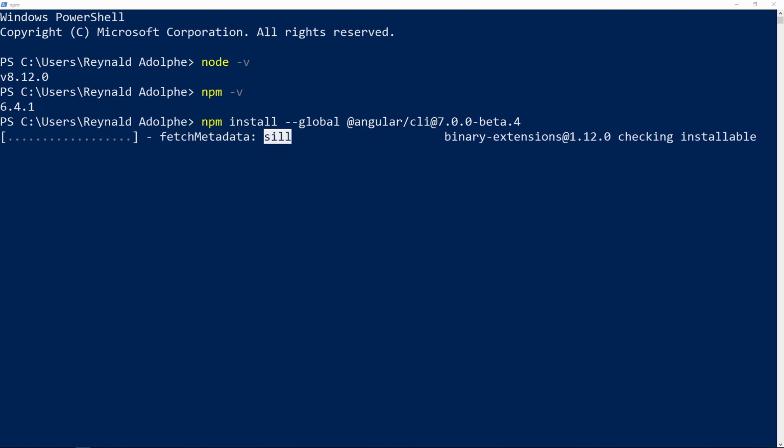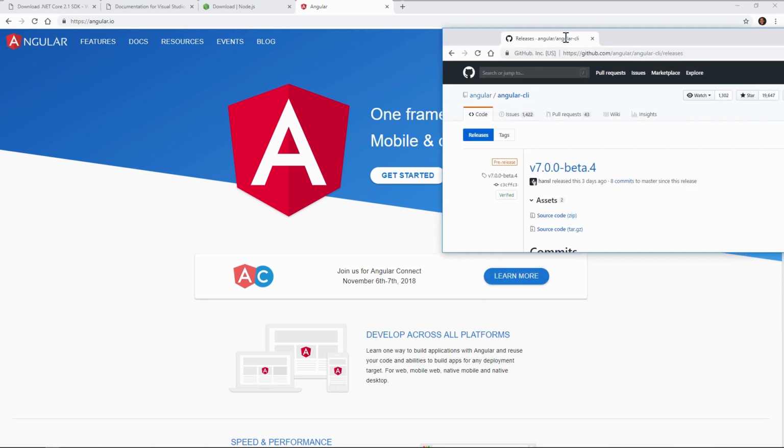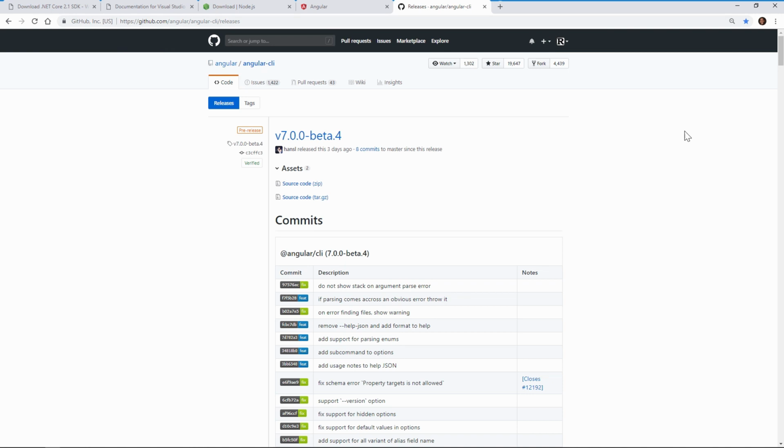The official site for Angular is over here. However, if you needed to see what the actual latest version is that you want to try to install, you can come to this site right here on GitHub and check out the releases section. And as you can see, beta 4 is what's currently available for me,